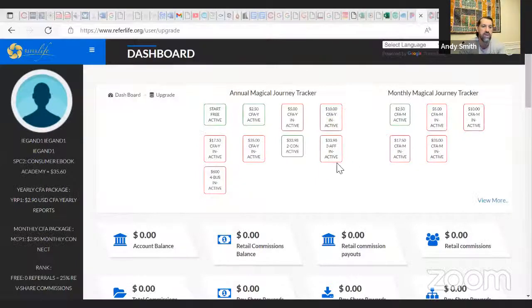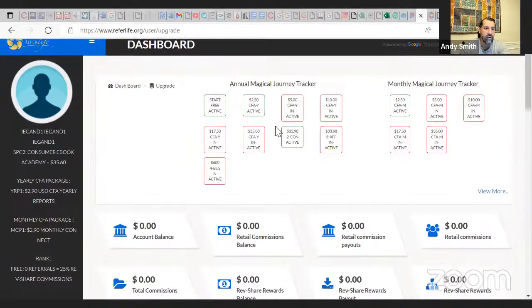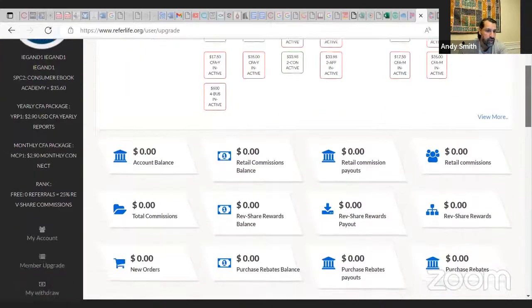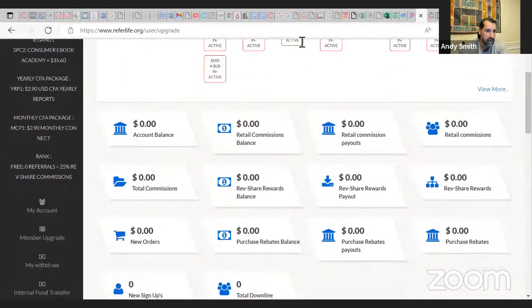Yep. Okay. So now remember that the IEG N1 was upgraded. If we look, it's green. This is green. This is green. Okay, so that is now upgraded. That is all taken care of. This one is an upgraded account. This account is now open. Somebody's going to get this account and it's already been upgraded to consumer. Okay, so that's awesome. Now, if we go back over to Kareem's,